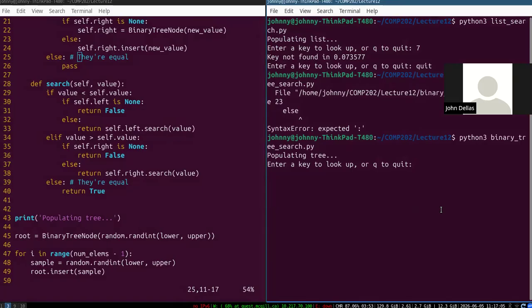Now, let's try looking up a number. We looked up 7 before. Let's try that again. Whoa! Okay, before we were getting lookup times of like 0.07, and now we're at like 1,000 times faster than that. This is like 0.000032 seconds, right? You can see it was so much faster than the lookup operation that we were doing before